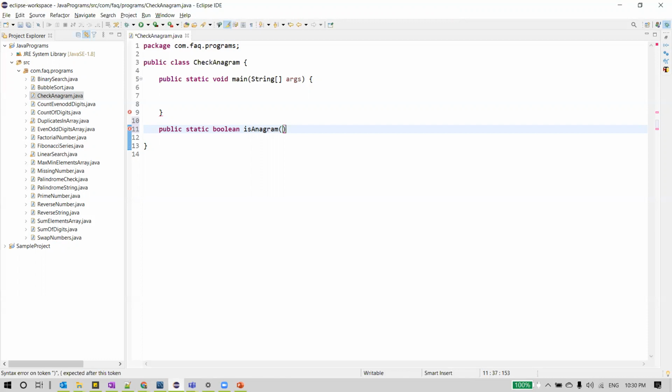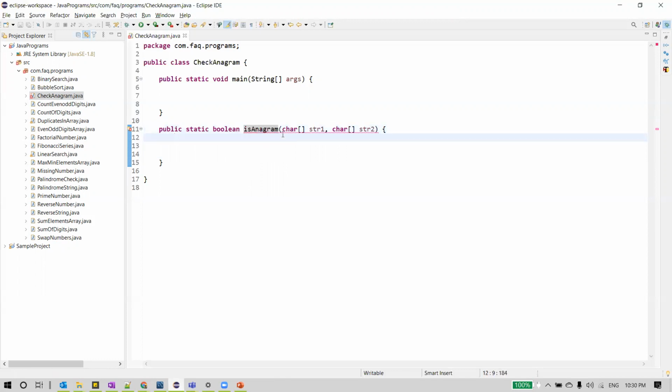And for that, we'll read two strings, and two strings we are going to read in two character arrays. So finally, we'll be calling this method from the main method that we'll see later.